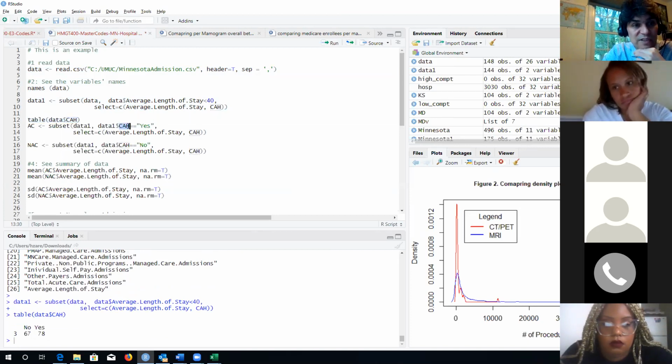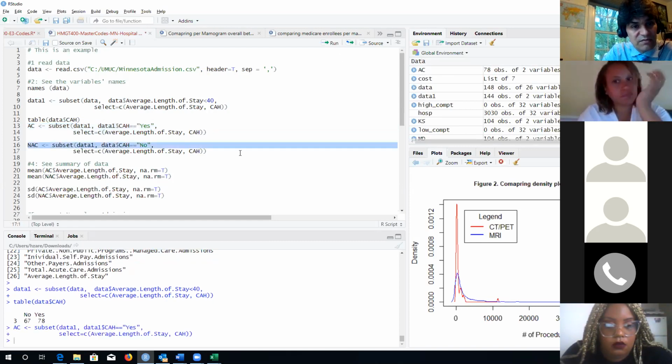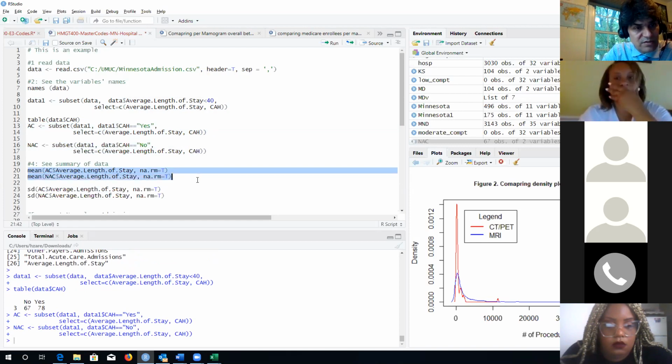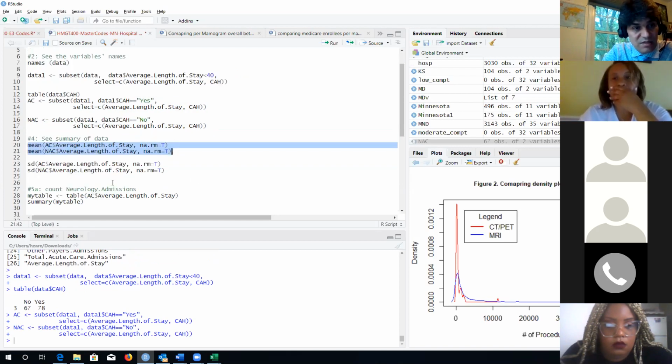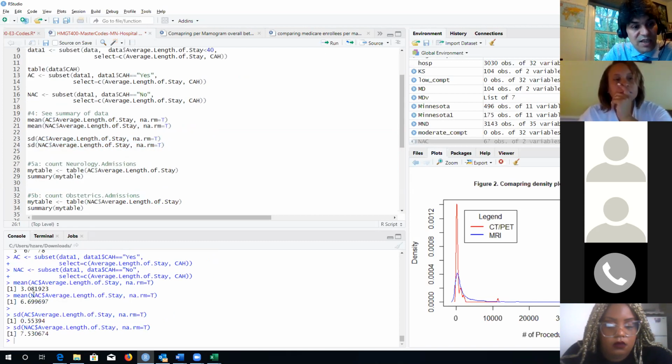And you should filter your data for acute care by filtering if the answer is yes, this is the dummy variable, and generate a second set of data if the answer is no, and then go with the mean function, average length of stay. This is the variable you need. The standard deviation function, you have this one, and you see the mean is 3.6. So for that reason, I remove all the data with